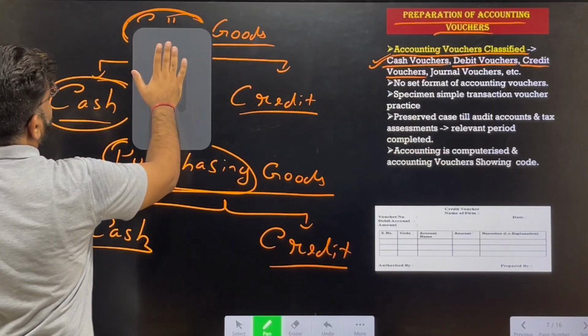What happens when a person is to be paid an amount? If we have purchased goods from a person, he is our creditor. Now, why is he our creditor? Because he actually needs the amount from us, because we have purchased the goods from him. So when we purchase the goods,